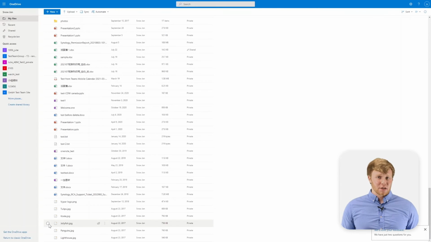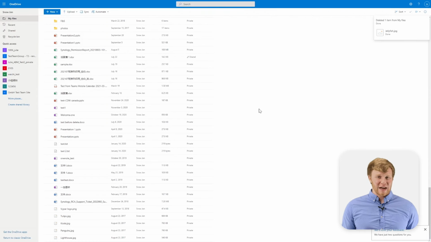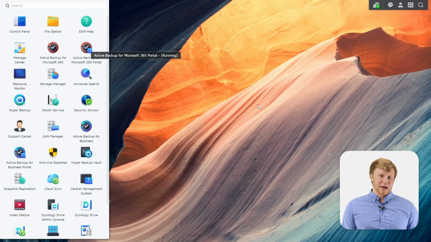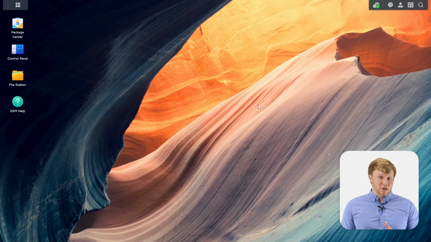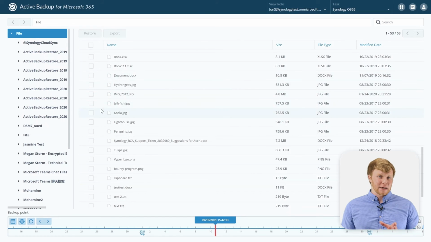And we're going to demonstrate the restore process first by deleting this. So we'll click delete here, and now that picture is gone. So let's imagine that we might have accidentally deleted that and we want to get it back. So what we can do is go back to the jellyfish picture right here, and I'm going to click export.